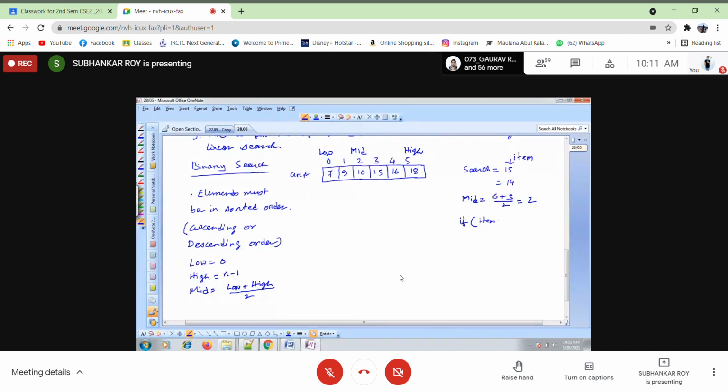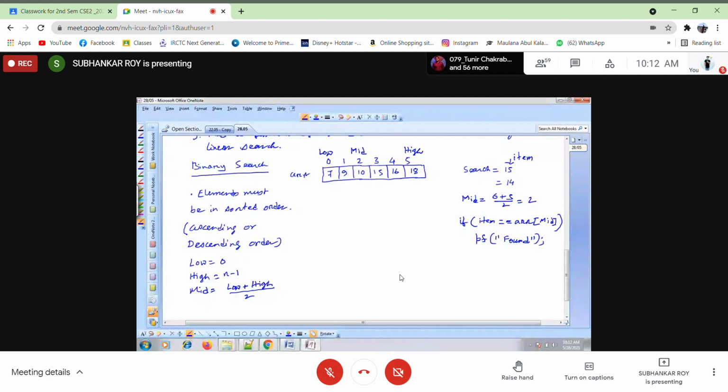So if item equals ARR of mid, if it is true, then we'll say that found at location, or you can also write like this: found. Let me write found. And now what if it is not found?